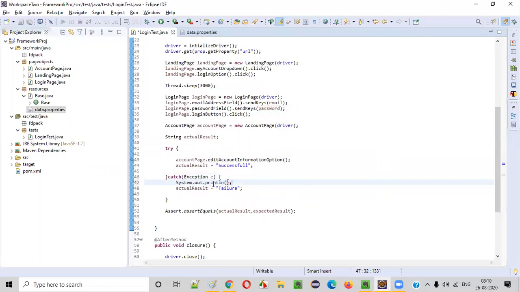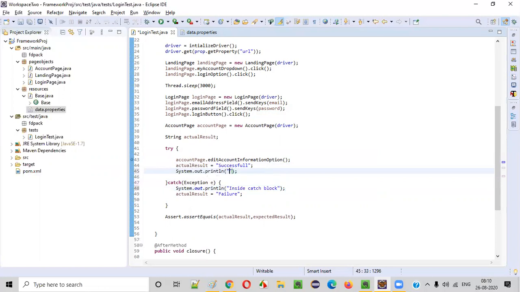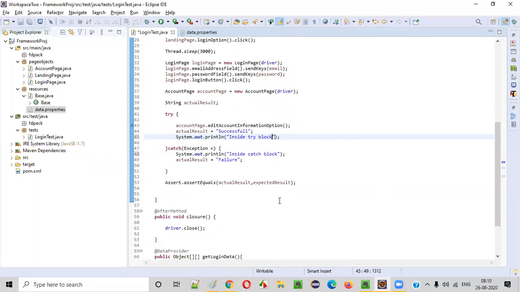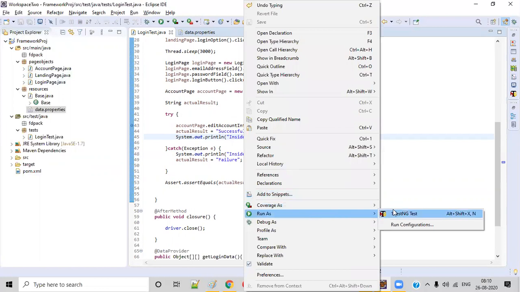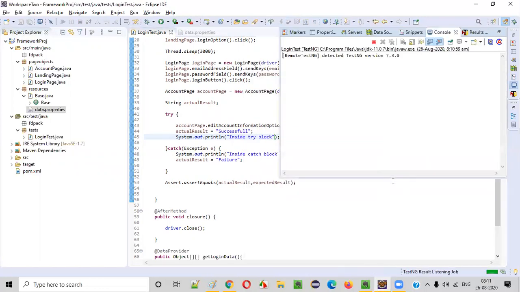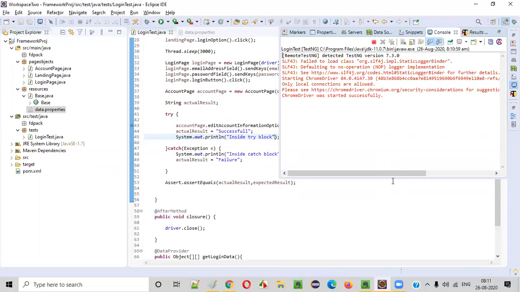I'll write some dummy statement here, System.out.println inside catch block. Here I'll print System.out.println inside try block, just to verify whether the code is going the way we want or not. Okay. So right click, run as TestNG test.